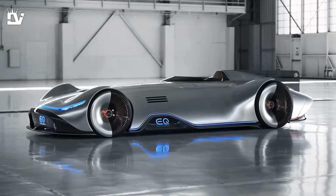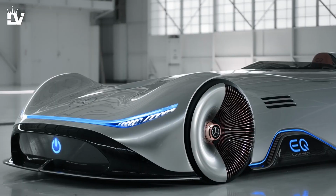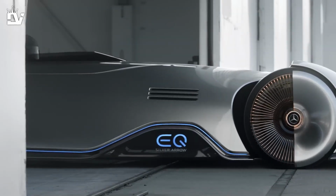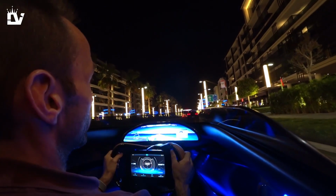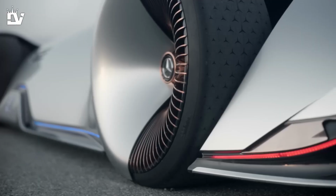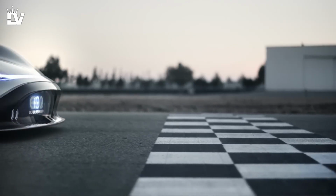Entering with the Mercedes futuristic car made entirely from carbon fiber. The Silver Arrow draws inspiration from the iconic W125 that won the 1937 Grand Prix, so you can imagine they made this new version absolutely insane. With 750 horsepower, this all-electric, one-seater race car can push the driver well beyond the danger zone. And no, it's not called the danger zone because of how fast it goes, but you'll be too terrified to